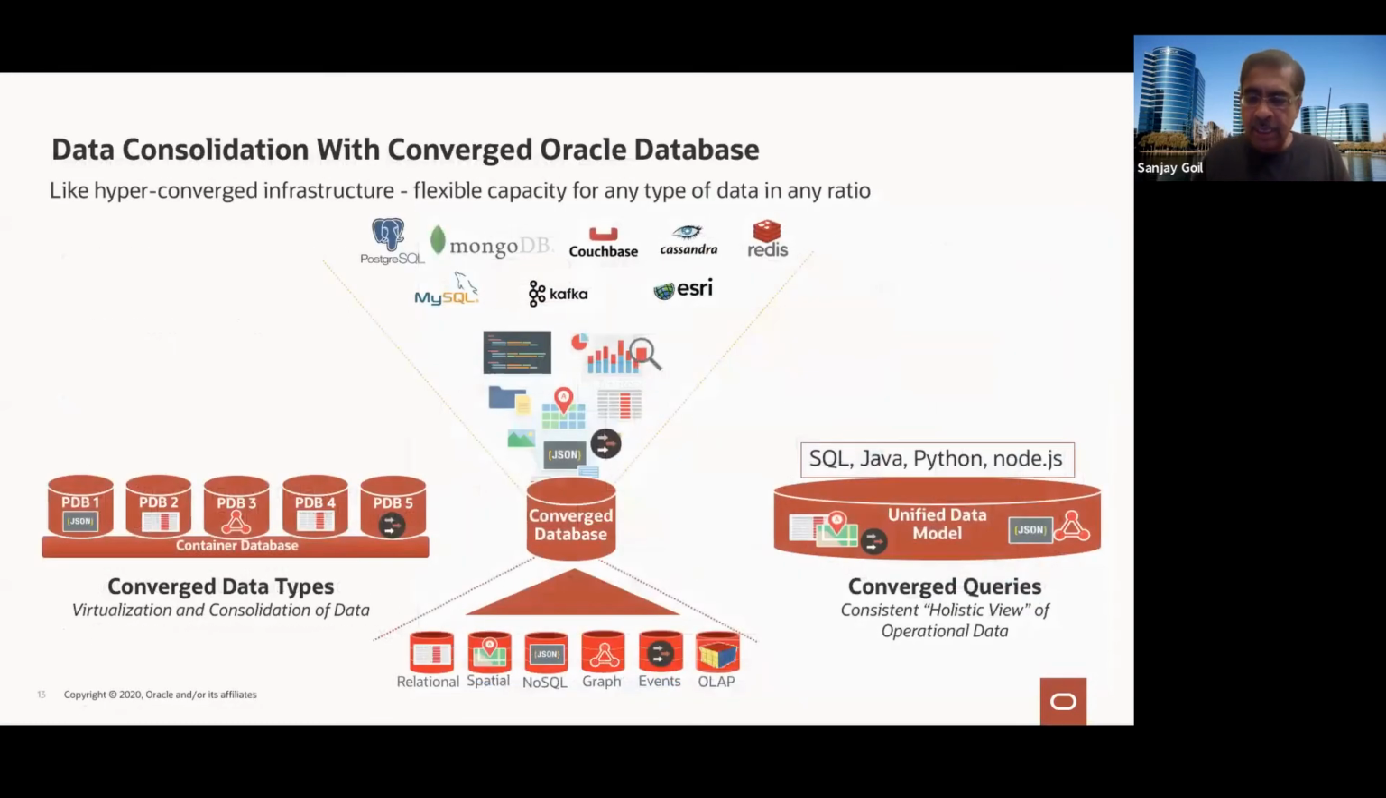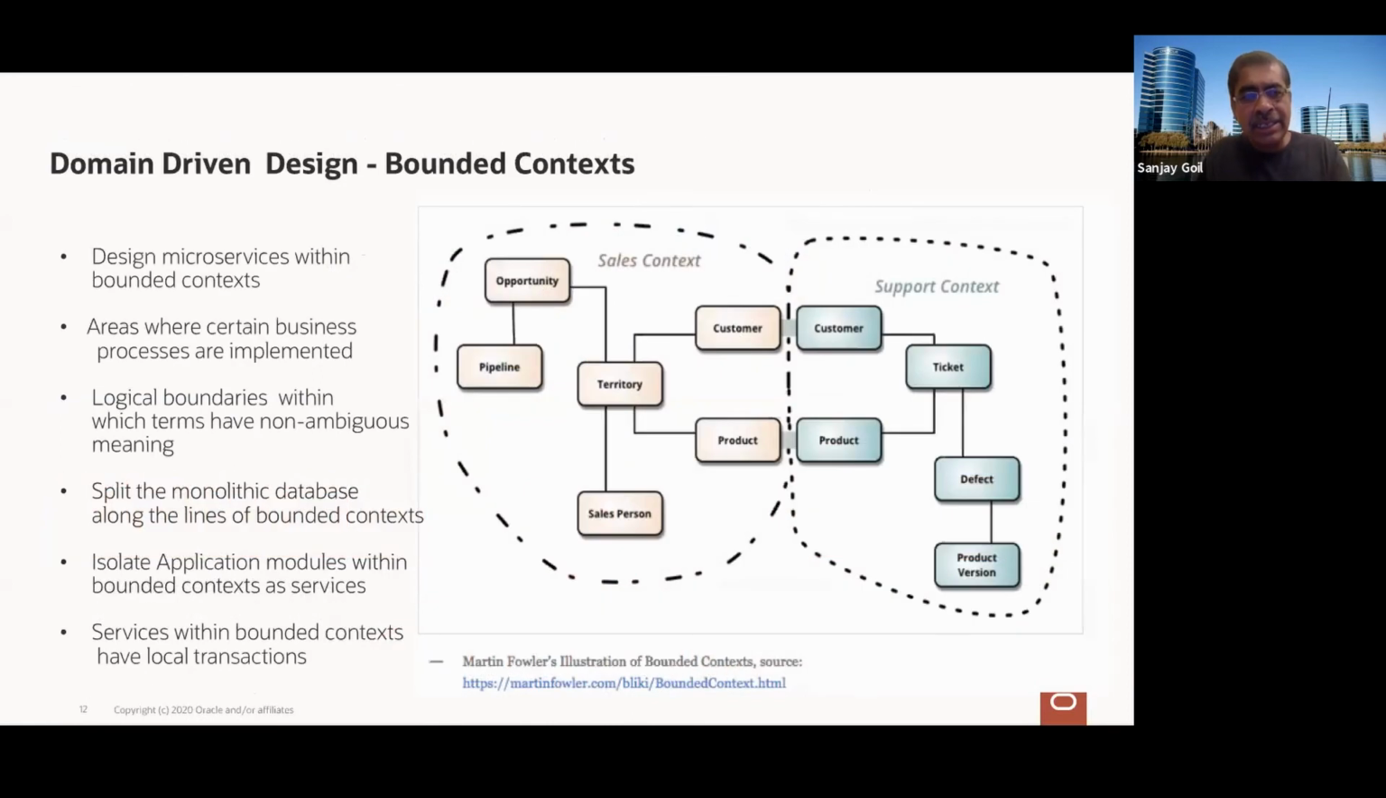So in some ways, there are certain business processes to be implemented. So that allows you to do better bounded context. Logical boundaries can be non-ambiguous in that area. You can split the monolithic database. You can also isolate application modules within bounded contexts. So again, I hope you get the idea of this. This is fundamental, but again, I don't think it's a solved problem today, and a lot of people need help